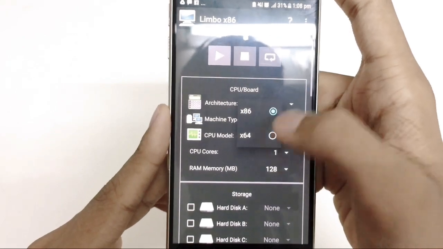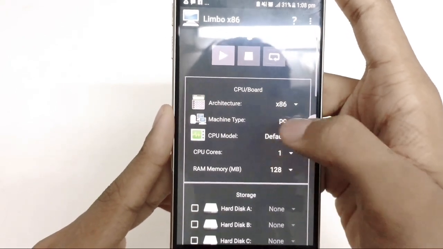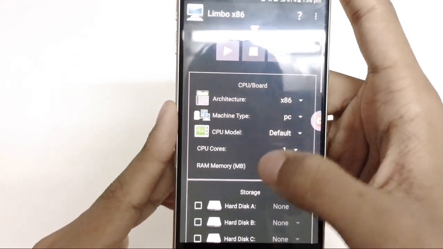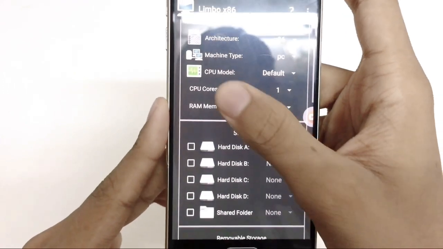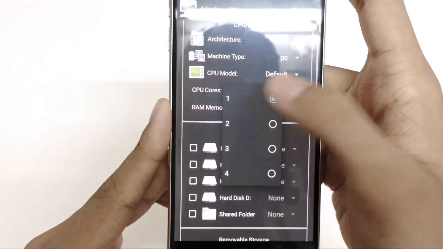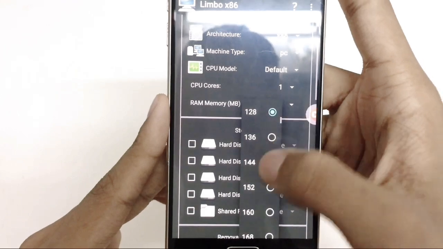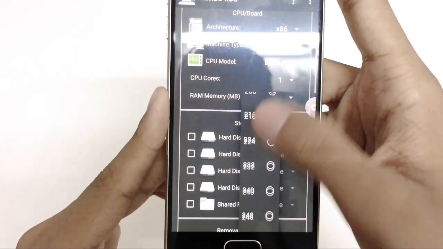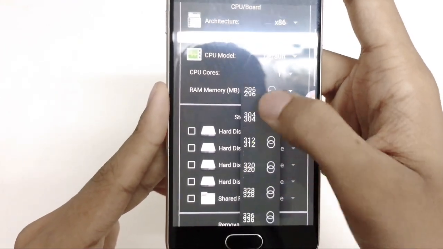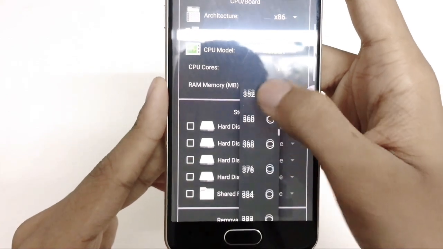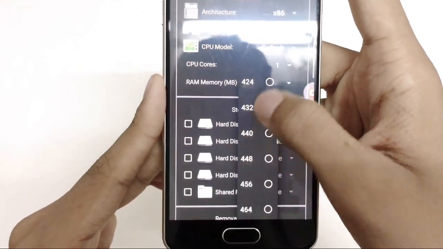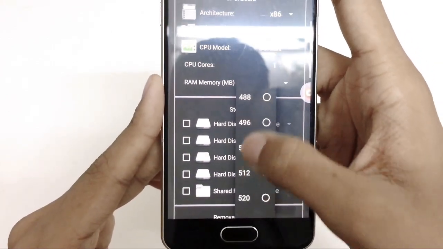For architecture, choose x86, machine type PC, CPU model default, CPU cores 1, RAM memory just expand it to 512 so you will get that much space to do the activities.